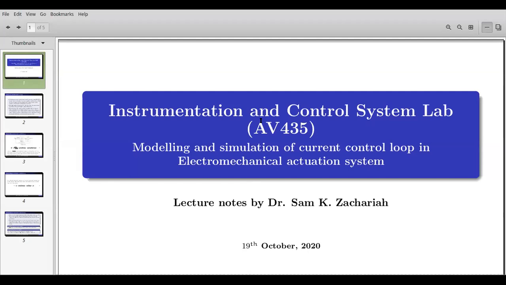So today we are going to discuss the current control loop in an electromechanical actuation system. So why a current loop is required is